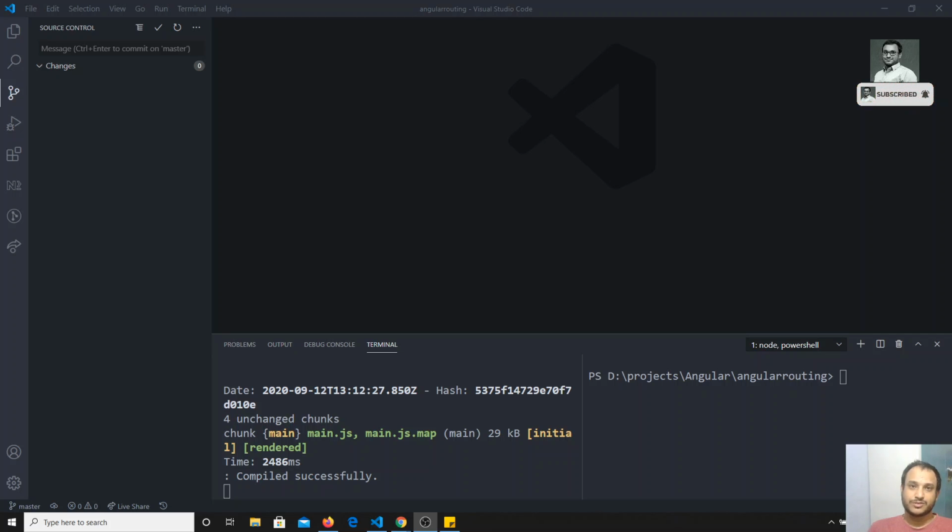In the previous video, we have seen about nested routing, that is nothing but child routing. Now I will show you one important concept that might not be that useful, but it's a very important thing also. It will be useful in some scenarios.